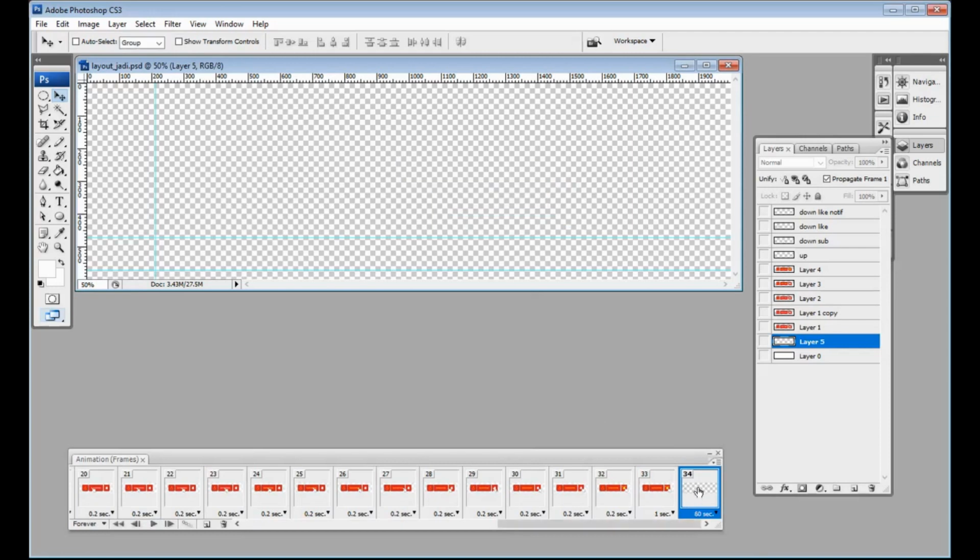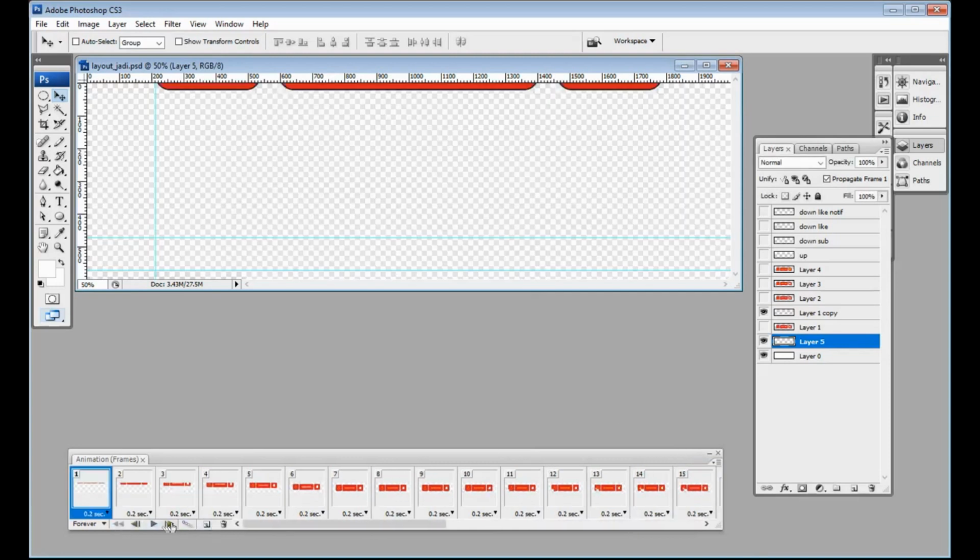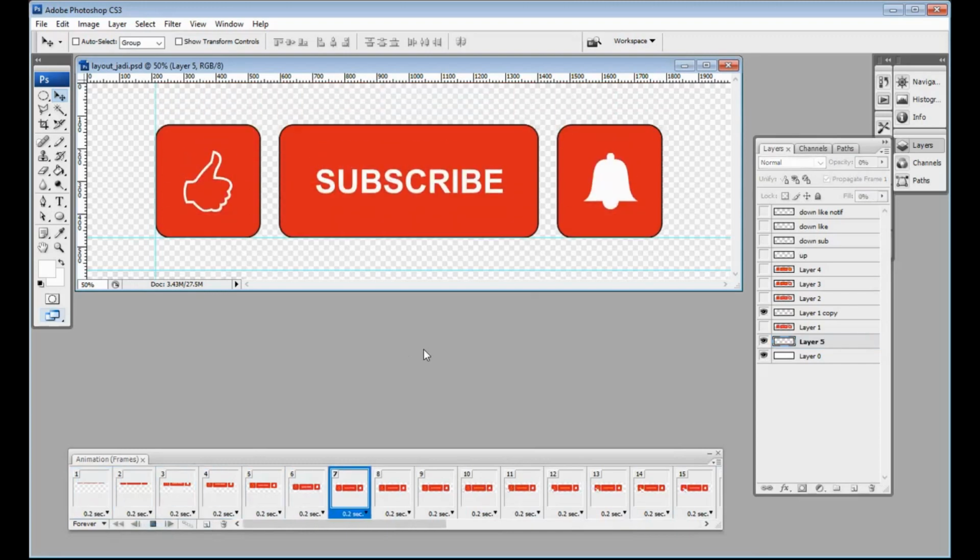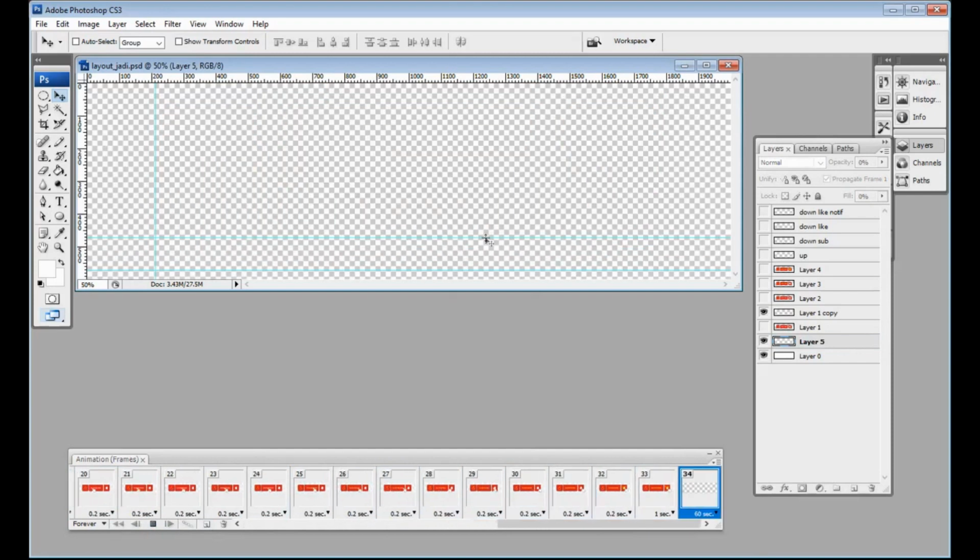It will disappear until 60 seconds later. That's our scenario for how to create a like, subscribe, and notification animation.